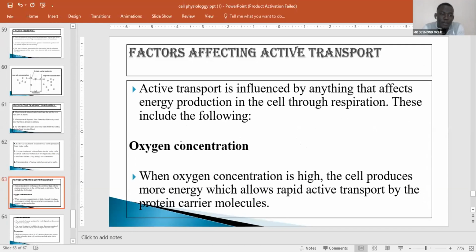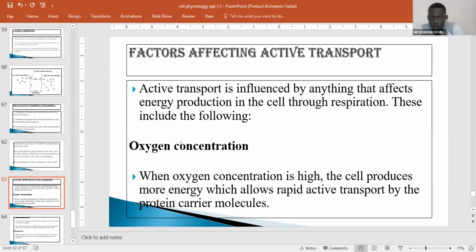And then finally we look at the factors affecting the rate of active transport. Because active transport is an active process that occurs in the cells, it requires the use of energy. So the process of respiration is very key, because it is respiration that produces energy. Those factors that affect energy production in the cell through respiration also affect the rate of active transport. And they include, number 1,